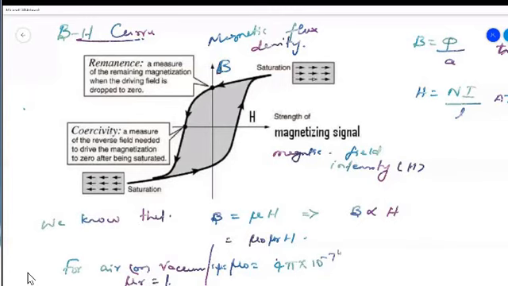Whereas for other materials, there will be a particular value of mu r,